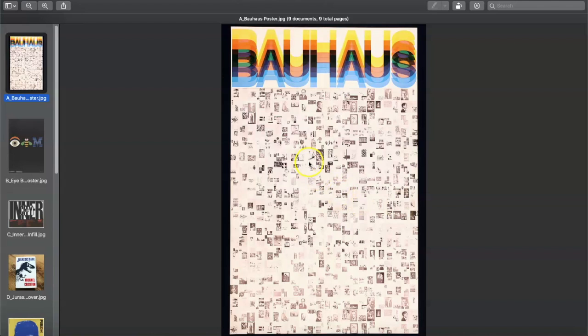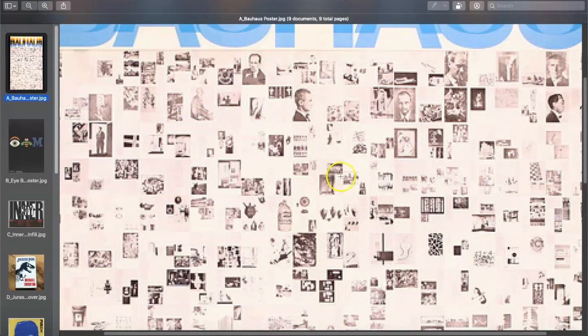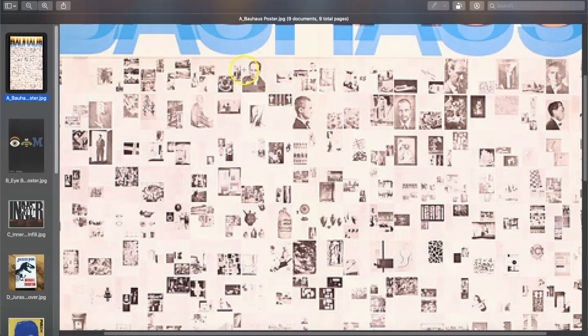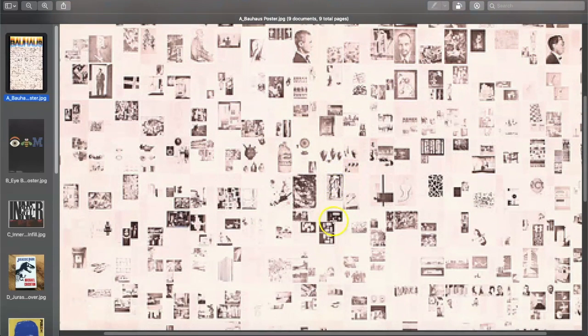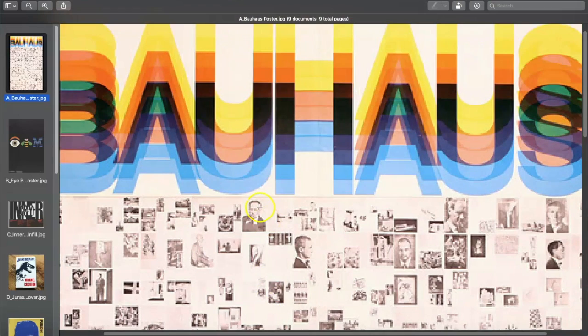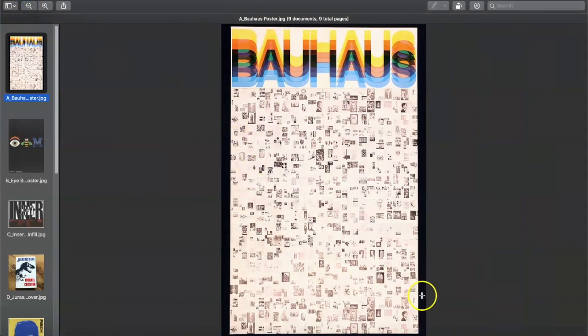It was started by a gentleman named Walter Gropius, who, if you look closely here, you can see his picture. So this poster is about the Bauhaus, and if we zoom in here, you can see that, well, there's Walter Gropius right there, and there's a whole bunch of other famous art and design professors who were involved in the school as well as some of their work. And then this here is the graphic for the text. So check that out. That is one possibility.